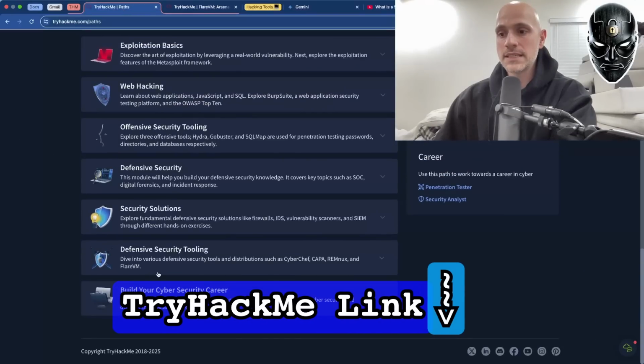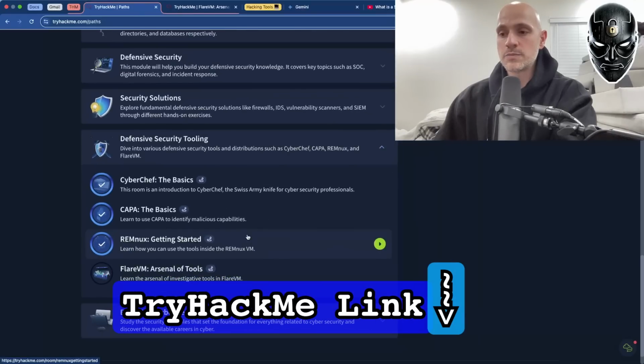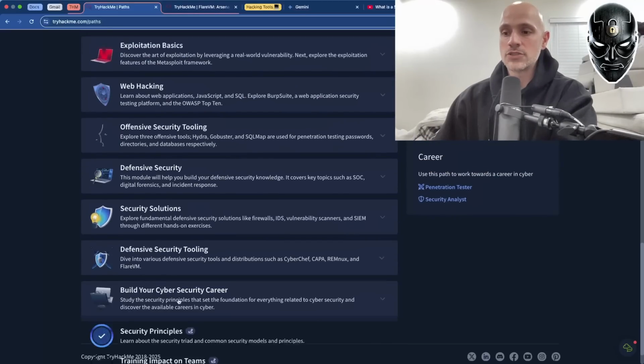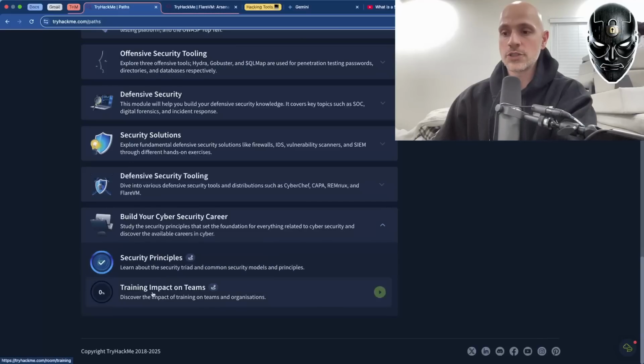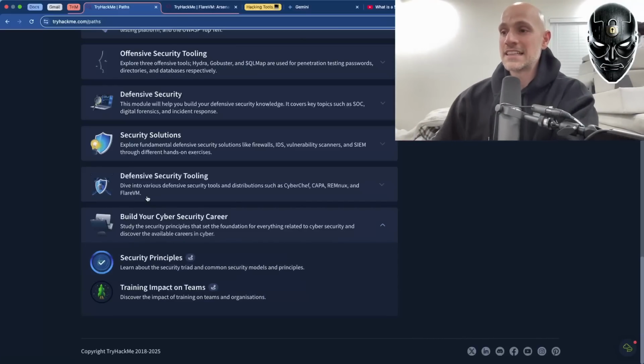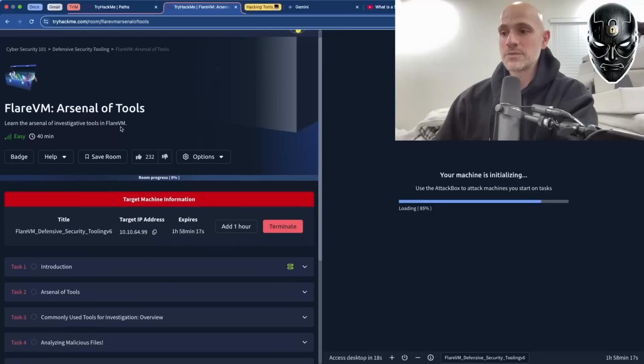it happens to be the very last room, which is basically like the last practical, informative room when it comes down to techniques and tools that we're going to be using. And then right after that, we're going to just go into the last couple of modules for security principles and the training impact on teams. And that's basically it. We're going to end up wrapping up Cybersecurity 101, which is something that I'm actually very